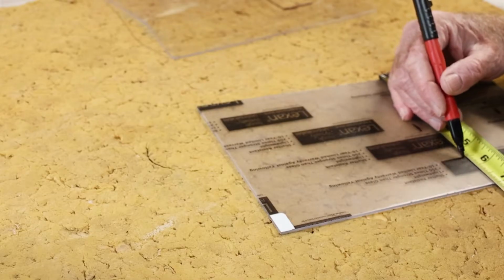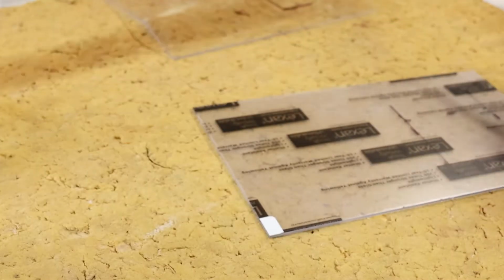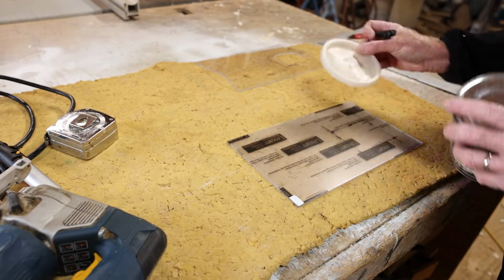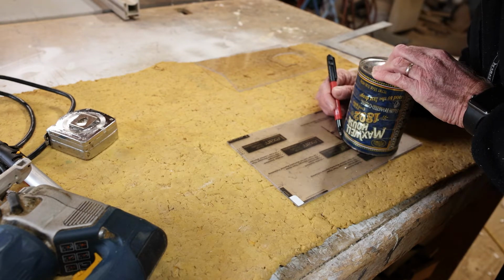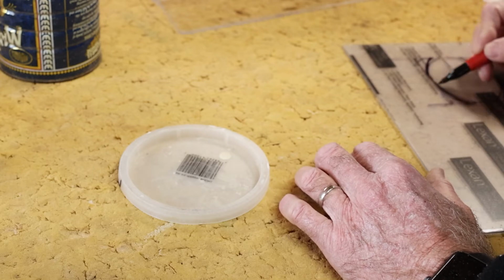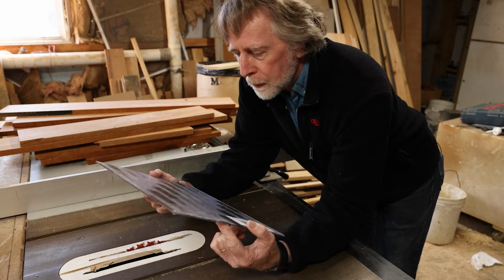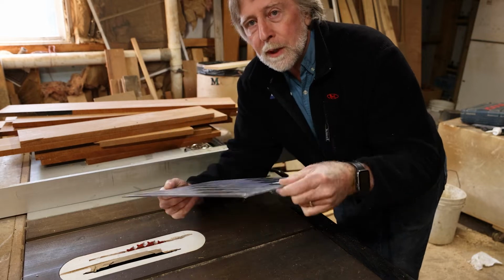I'm leaving that protective film on until I do the bend. I'm going to draw it square, but I want a little bit of a round shape to it. So I have a cover here you could use, or I'm going to use a coffee can. I just want like an eyeball shape rounded there. You may look at the Lexan when you buy it and say, wow, that's really cloudy. But it has a protective film on each side, which is good because we're going to be running it through